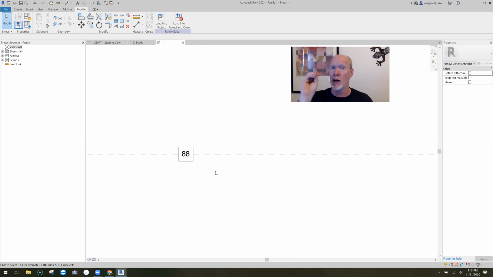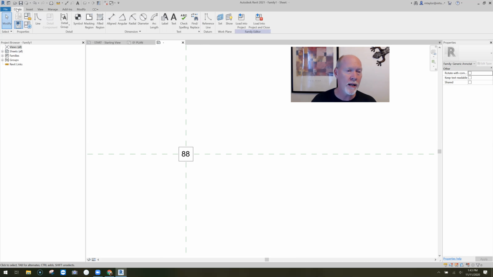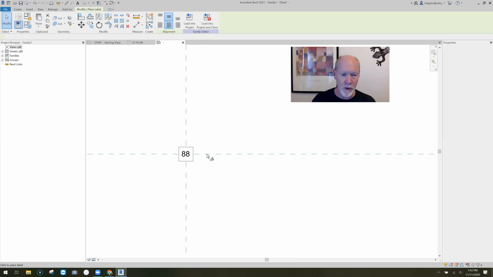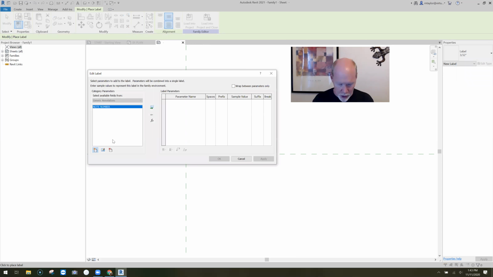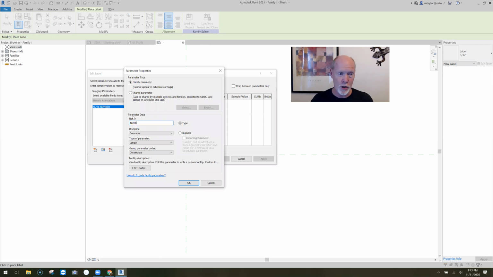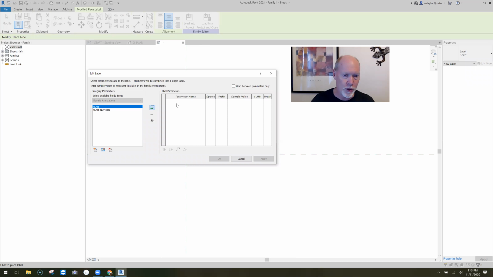We'll give it the ability to turn on and off, because you typically don't want the note on your drawing. You just want a box with a number in it. So here we go. Okay. So I'm going to hit create a label. I'm going to just put it right there. Doesn't matter where you put it. New, and this one is actually going to be the note. So I named it note. It's an instance parameter also, and it's an instance parameter of text, exactly the same as the last one, okay? And when I say okay, then I put the note over here, and I'll just put some text, add note